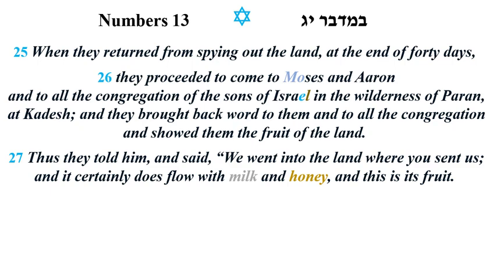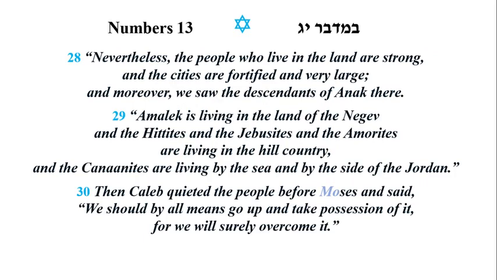Verse 28, nevertheless, the people who live in the land are strong, and the cities are fortified and very large, and moreover, we saw descendants of Anak there. Well, that's a true statement. They did see that. Amalek is living in the land of the Negev, and the Hittites and the Jebusites and the Amorites are all living in the hill country, and the Canaanites are living by the sea and by the